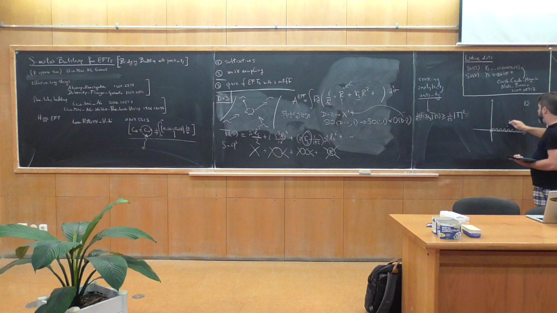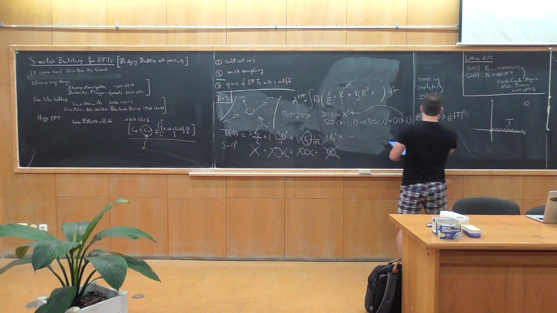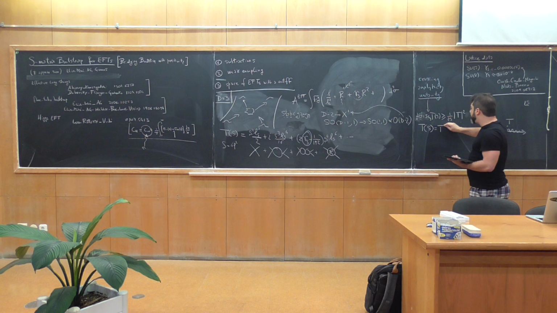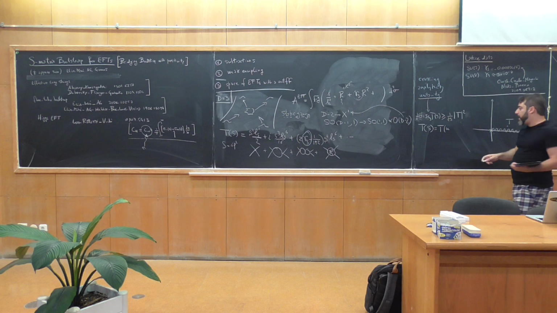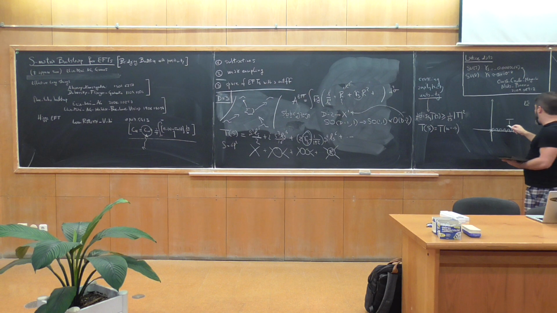And then crossing, so we have T here. Crossing will tell us that T evaluated in the S channel must be equal to T evaluated in the U channel. Okay? We don't have a T channel because we are in 2 dimensions. And U is minus S. So crossing is telling us that T evaluated here will be equal to T evaluated here. And then, as a consequence, it also tells us that there is also a left cut.